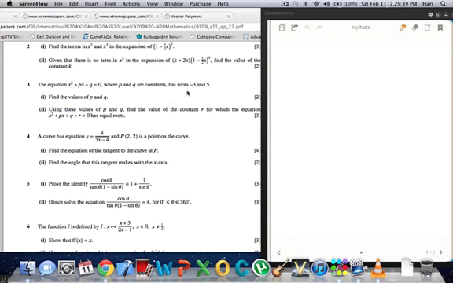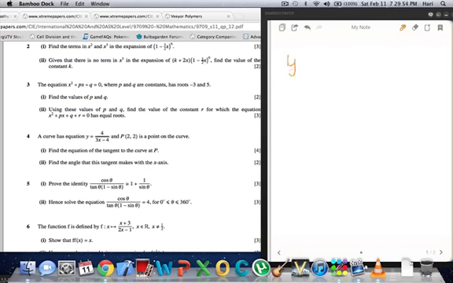Okay, so this is question 4 of June 2011, paper 1, pure mathematics, variant 2. Please refer to the question. So question 4 says a curve has an equation y is equal to, I'll just write this down,